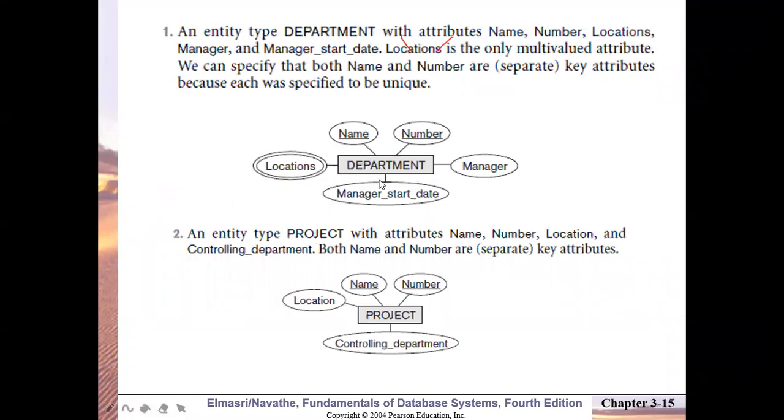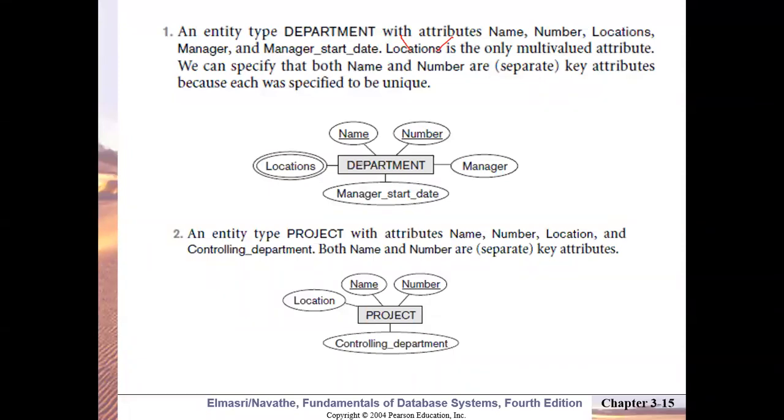So here you can see, what is the entity type here? Department. Okay. What is locations? What type of attribute is it? Multiple. Multiple is not a name. What kind of attribute do we call it? Multi-valued. And which are the key attributes? Name as well as number.